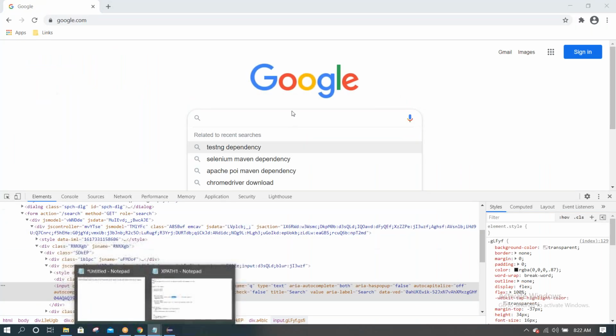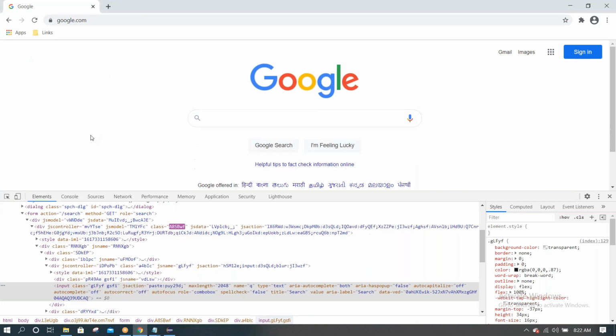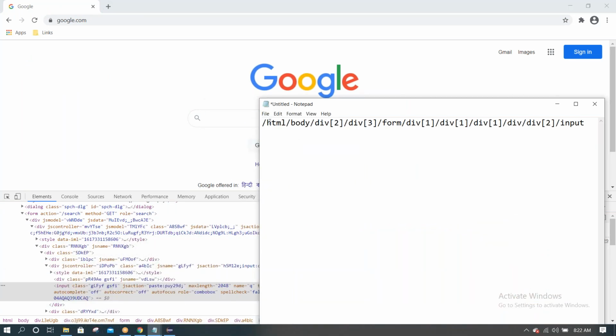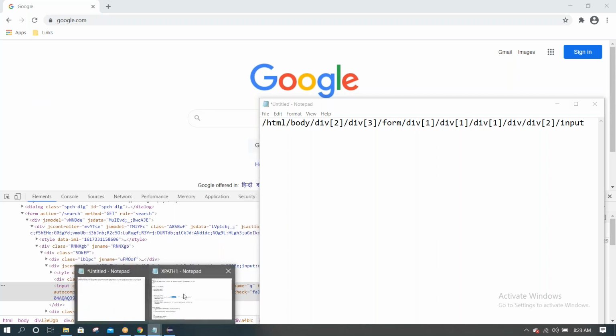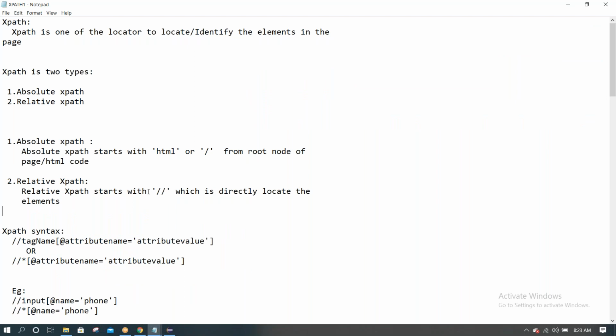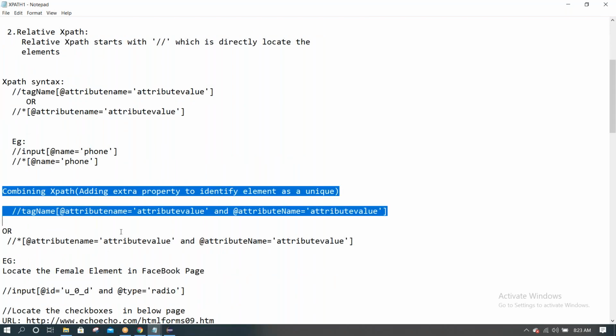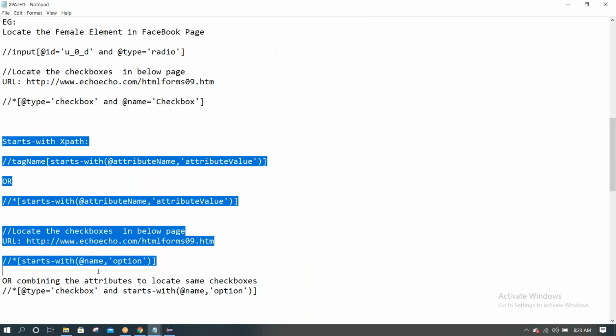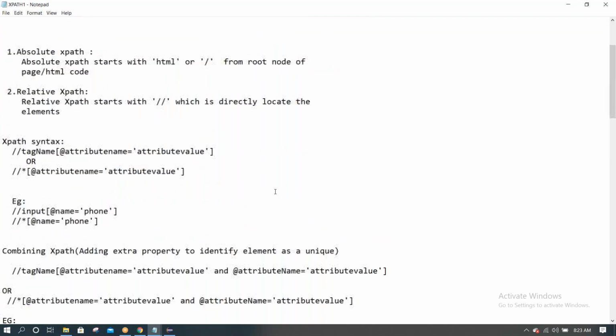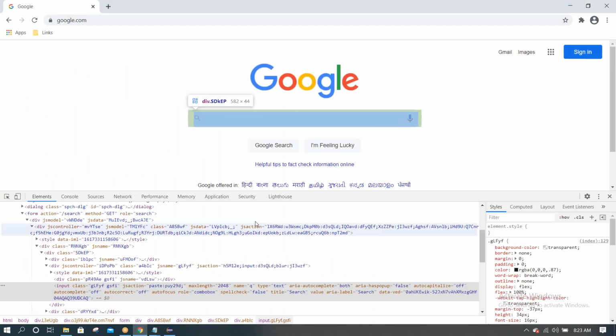Right now we are looking at the text box, but it is applicable for every element. If it is an absolute XPath, don't take that. Write an XPath using other, different properties. How to write XPath? We need to write a relative XPath. A relative XPath starts with a double slash. To write a relative XPath, we have different syntaxes, like starts-with and ends-with. Okay, we'll see how to write a relative XPath.